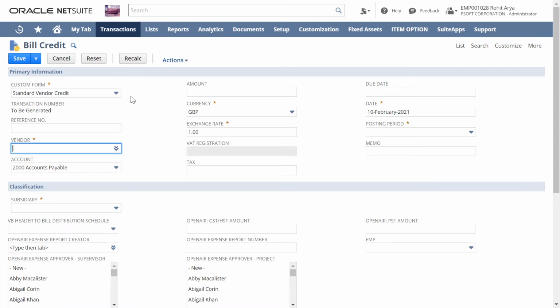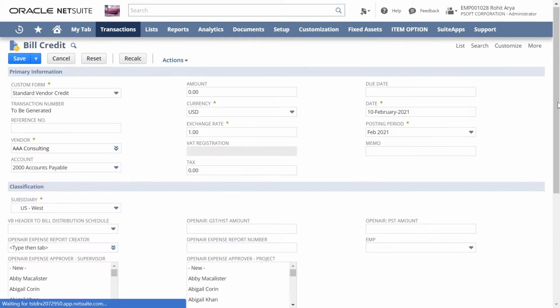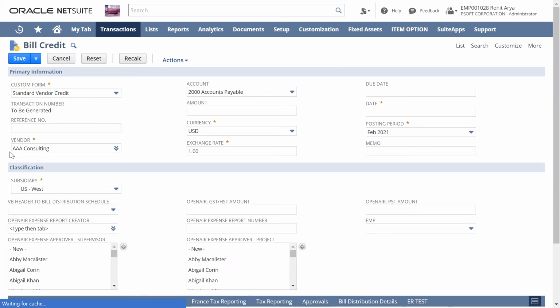We will mention the vendor, and as we do, you can see the subsidiary and the currency have automatically been taken as per the respective vendor. Here we will give a memo to it as well. I am giving the memo right now so that we can classify among the three steps as we proceed further.